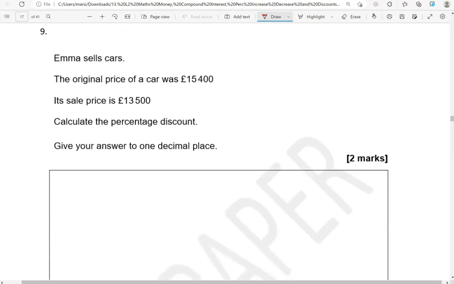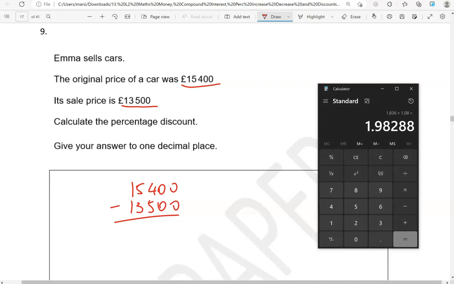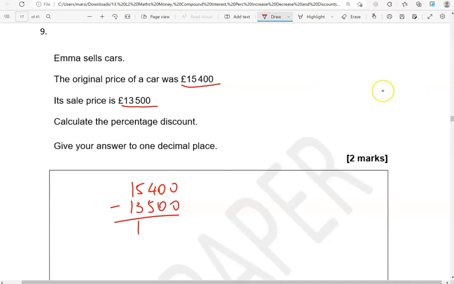Emma sells cars. The original price of a car was £15,400. Its sale price is £13,500. Calculate the percentage discount. Give your answer to one decimal place. So let's work out the discount. 15,400, take away 13,500. Using a calculator, we can do this quickly, which gives us 1,900. So that's the discount,